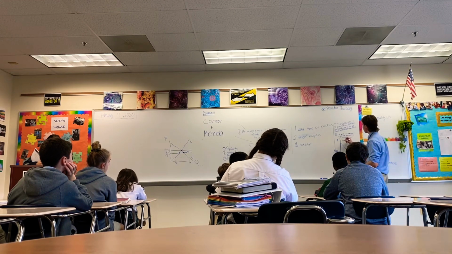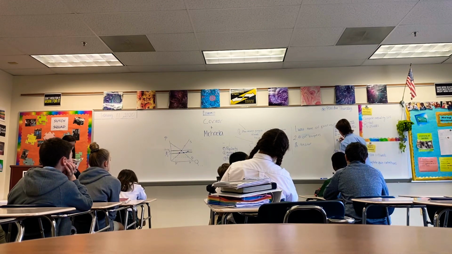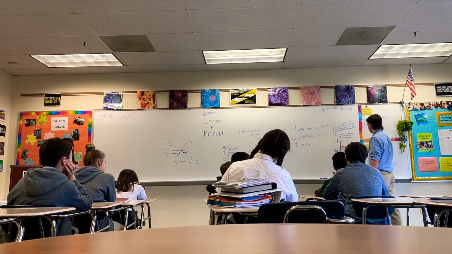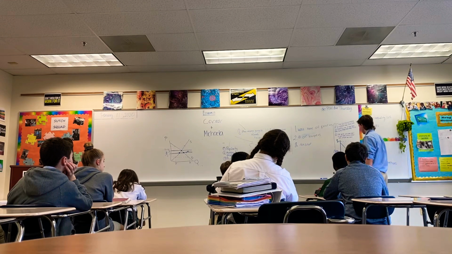So they raise the price up to, let's say, $100 a peach, and at this point, you can see that if I draw a straight line out from this point, it will never intersect with the demand curve, so that'll show that 0 people are going to buy it at this point.